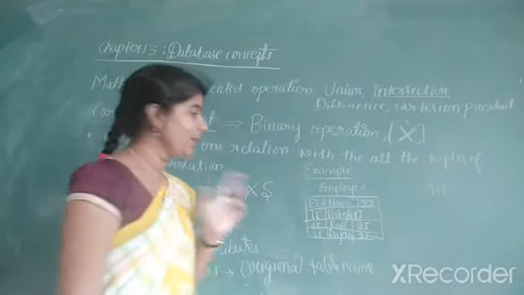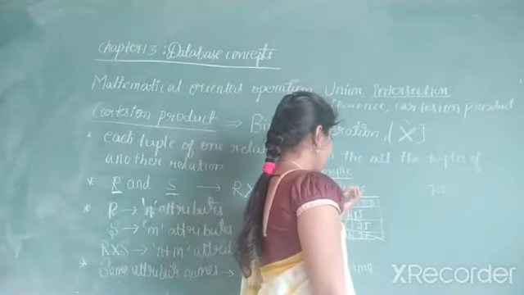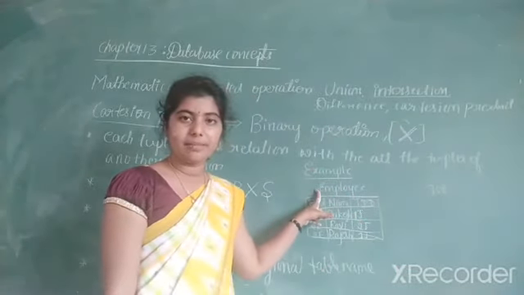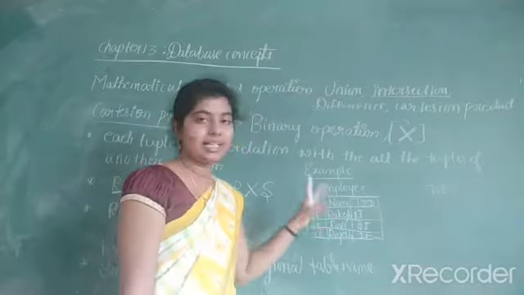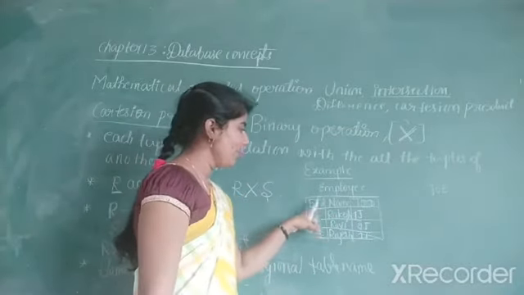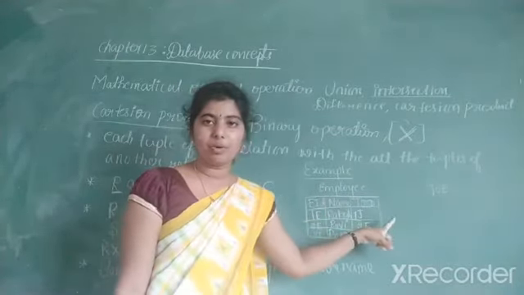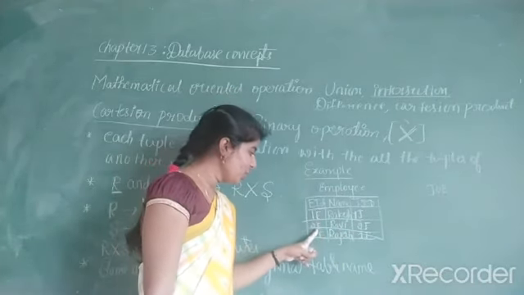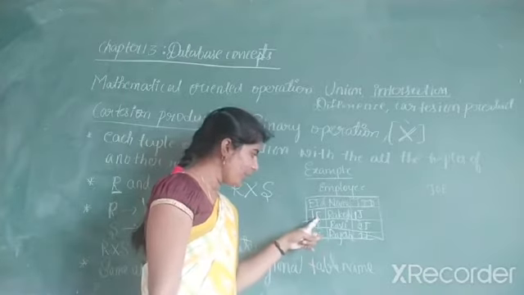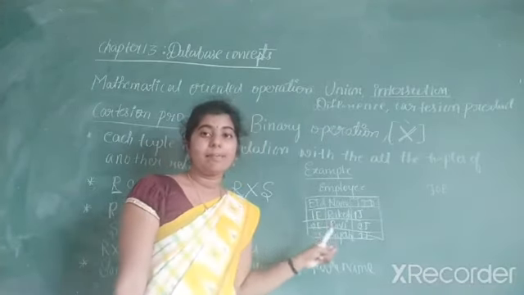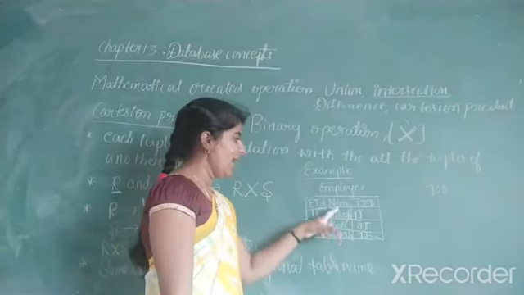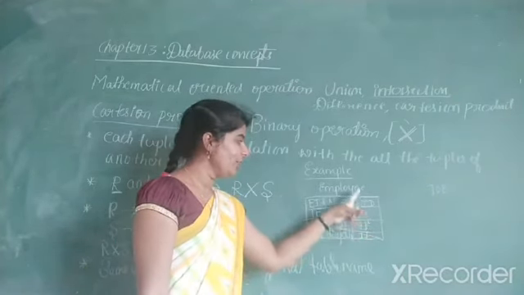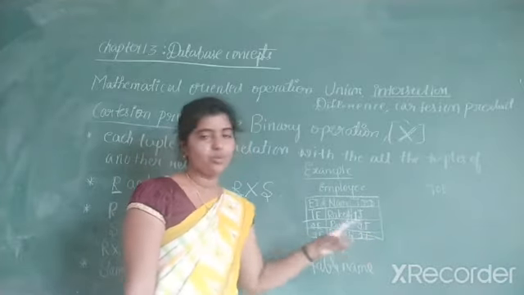Clear? Once again I will repeat. I am considering two tables here. One is employee and another one is job table. In the employee table, I have taken three attributes. One is employee ID, another is name, and one more is job ID. Employee IDs 1E, 2E, 3E mean these are the employee IDs of three employees. And the names of the employees are Rakesh, Ravi and Rajesh. And the job IDs of the employees are 1J, 2J and 1J.